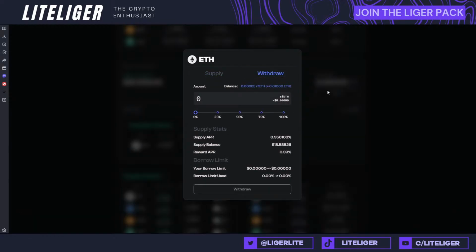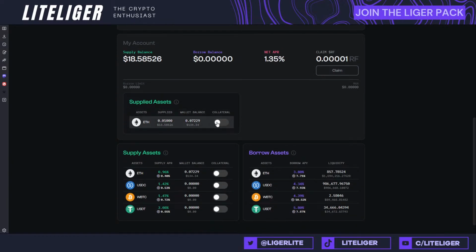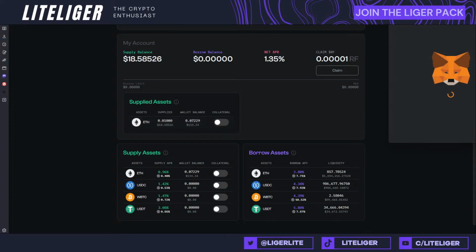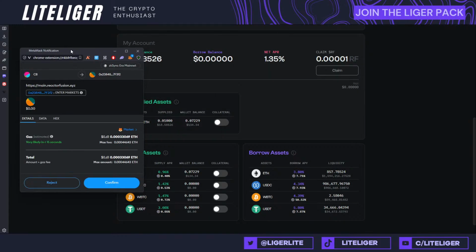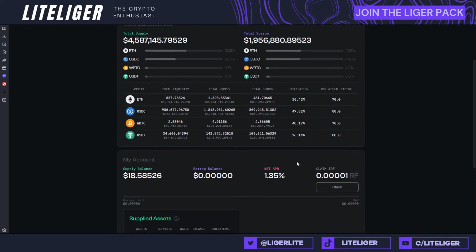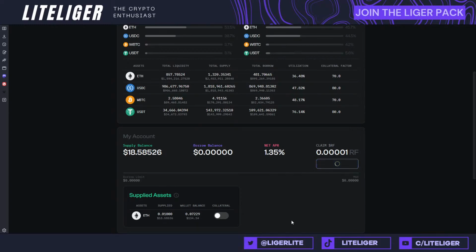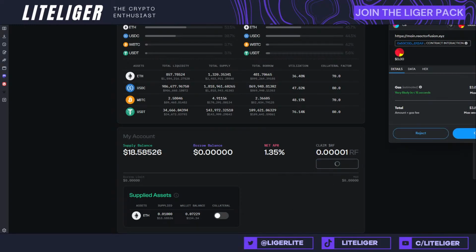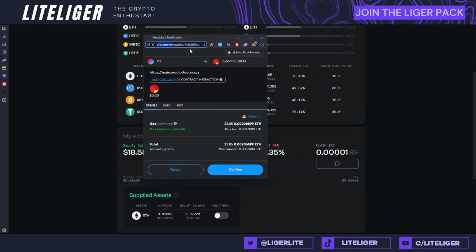Okay, now it gives you an RE, and you can add collateral for this. This gives you another free transaction if you want. I'm not going to do that because we're not going to be doing any borrowing. If you want to be eligible for their airdrop, you can get these points by borrowing as well. And this is giving you real-time transactions. The gas fee is pretty high to claim this.